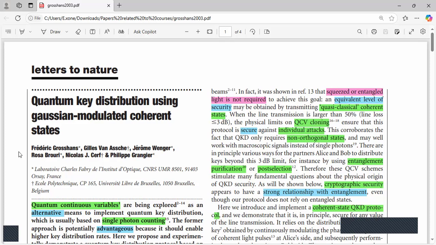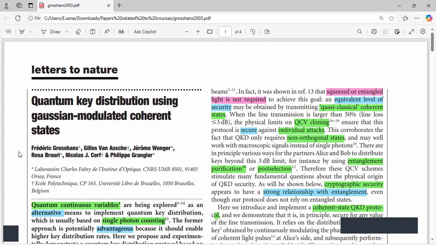The protocols based on photon detection have many limitations. The limitations are technological, as we do not have sufficiently sophisticated operators for the measurement and detection of photons, and that's why we have very low key rates using these kinds of protocols. So these people introduced an entirely new protocol based on coherent states.